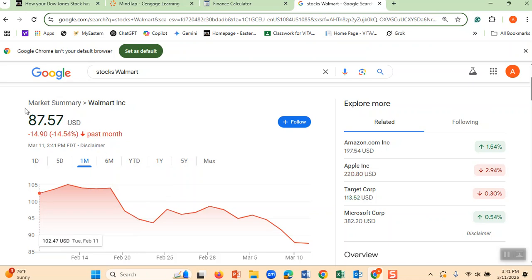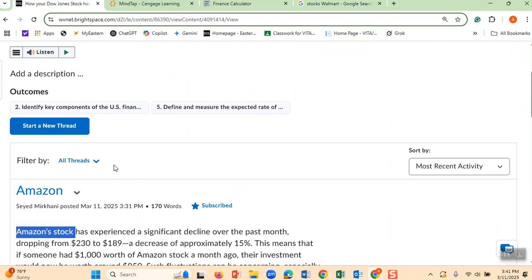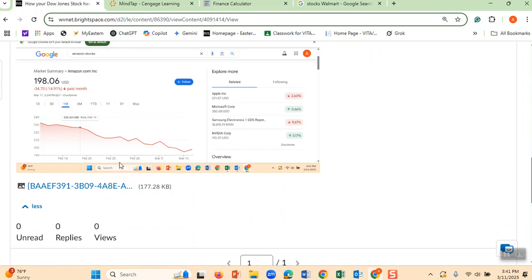And post this chart if you can. After I saw this, I clicked print screen, and then I went to the discussion board and posted. Therefore, what I want you to do is to give us an update regarding what your stocks have been doing, and also respond to the posting of at least one student regarding his or her Dow Jones Industrial Average stocks. This is one way of us, the discussion.